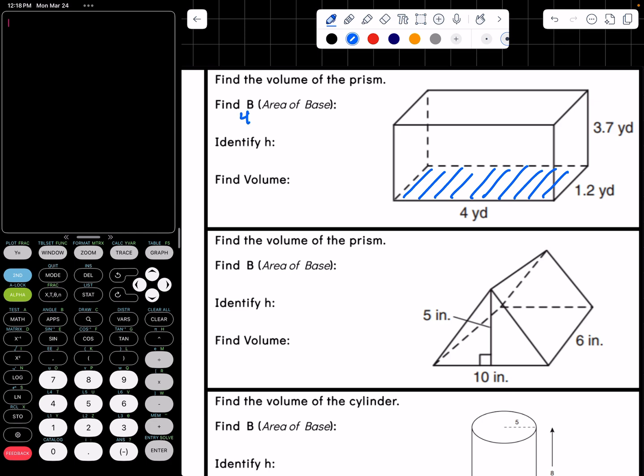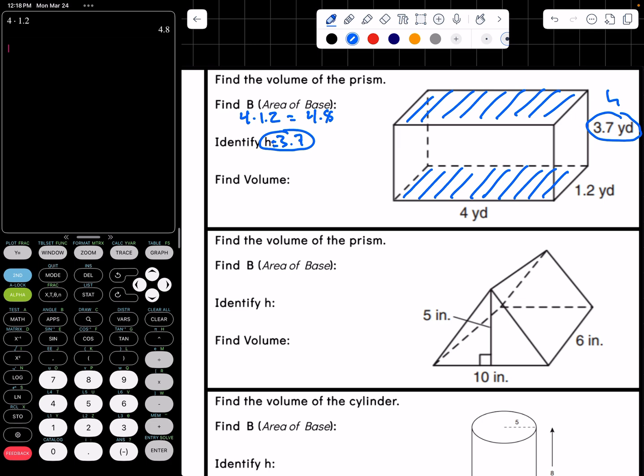So 4 times 1.2 equals 4.8. And then our height in this case, if we're using these as our base, that would make this our height. So 3.7 is our height,